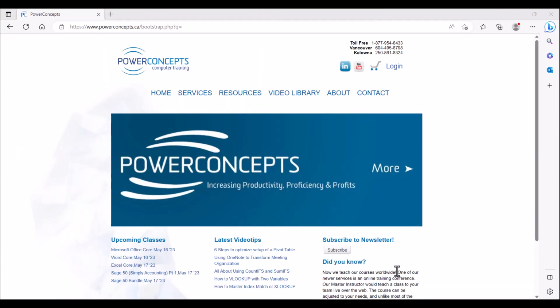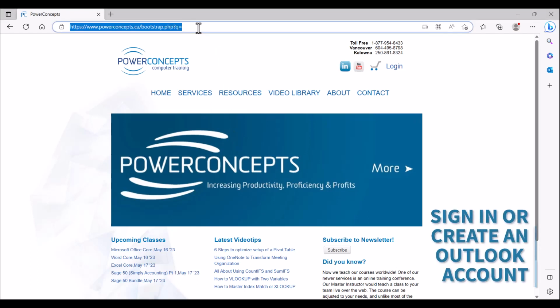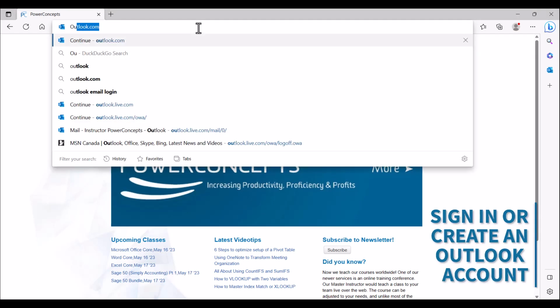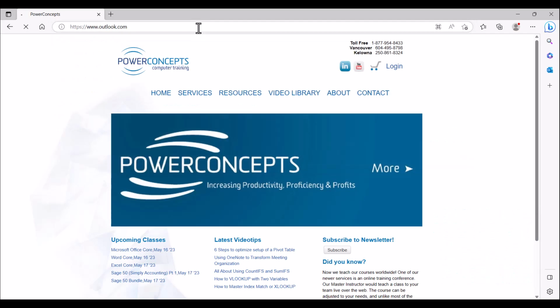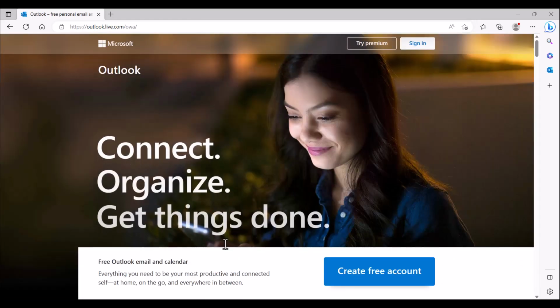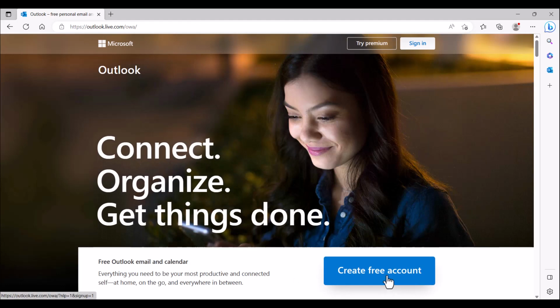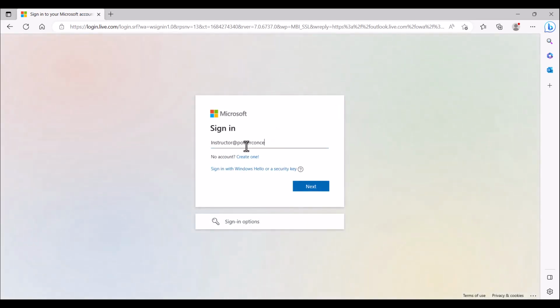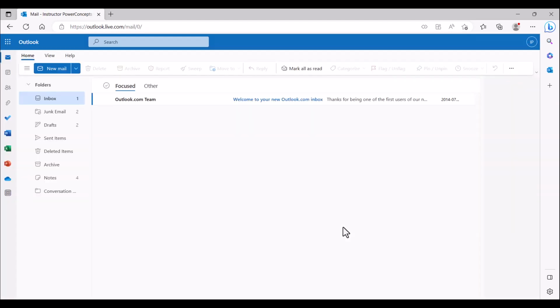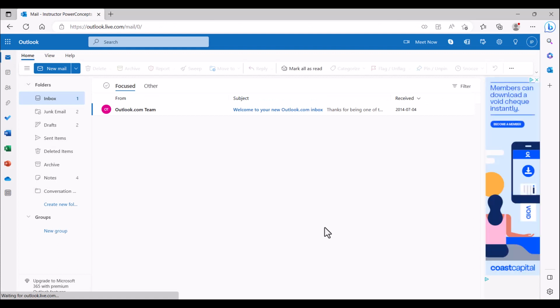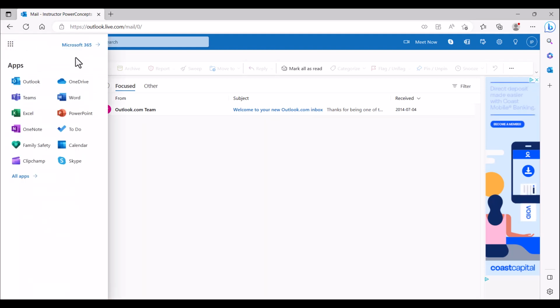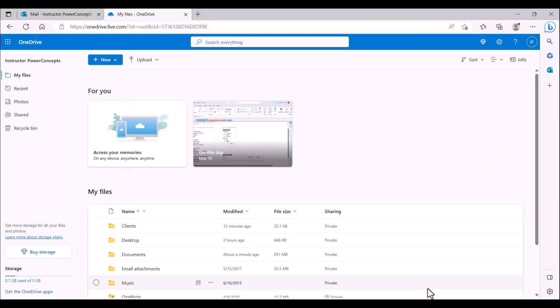So let's get started. If you want to get an Outlook.com account, just go to Outlook.com, and you'll see a chance here to sign up for a free account. If you already have one, go ahead and just sign in. When you arrive at your new account, by default it's going to arrive in an email box, but we're going to go here to the app launcher on the top left, and you're going to see all the tools that you have available. So we're going to go to OneDrive,